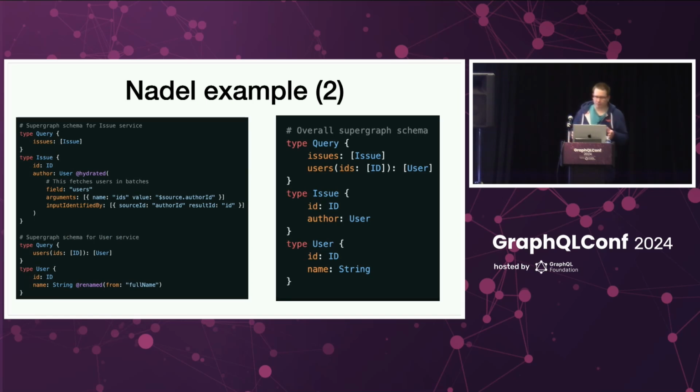And to complete this picture, on the left side, this is what we just talked about. Now, what does a real overall API look like? This is where a very trivial merging, I would say, happens. The query fields, the root fields, are just put together, and all other fields and types are just put together into one schema. So the schema on the left is merged in a very trivial way into the schema on the right, which is the actual schema exposed to the consumer. Okay, I hope that it's clear and was not too confusing.